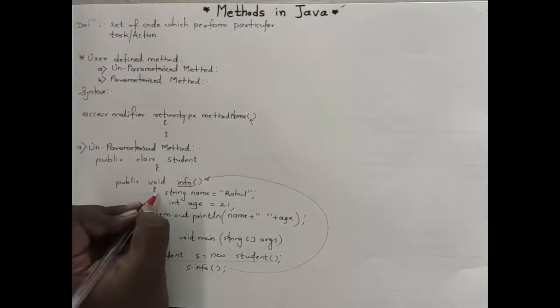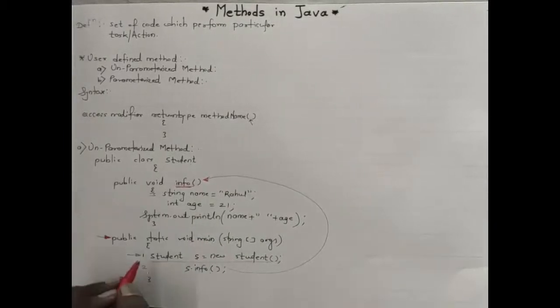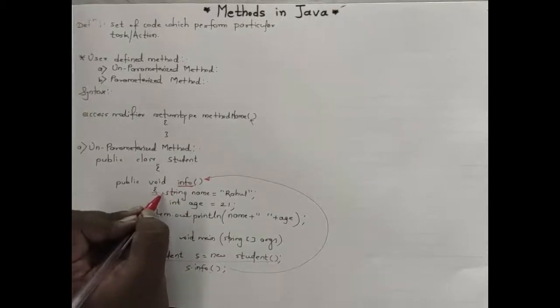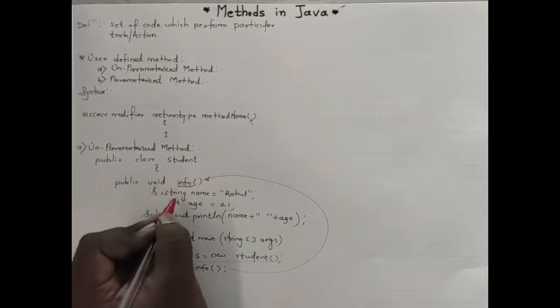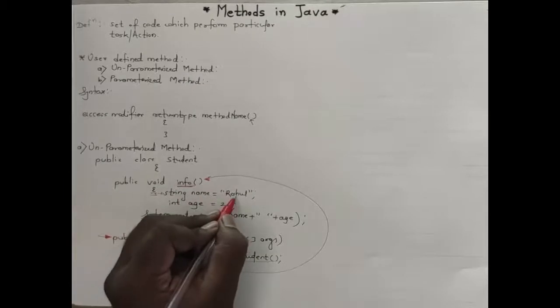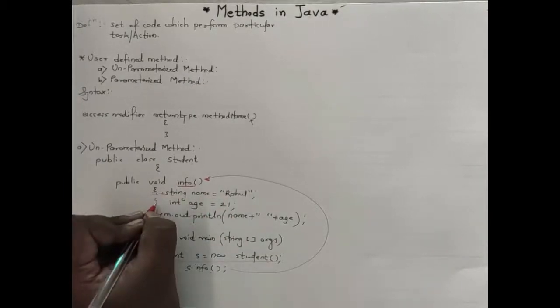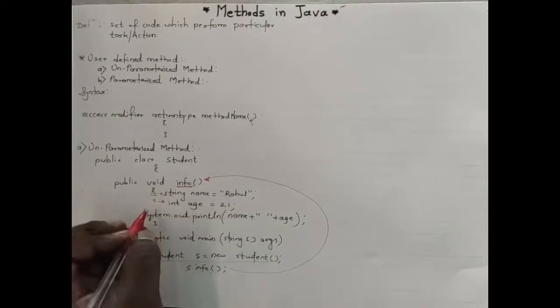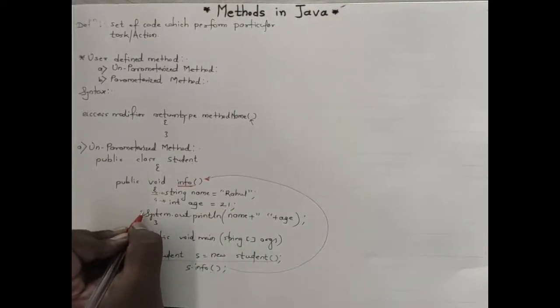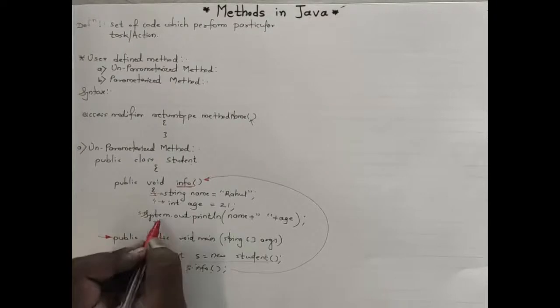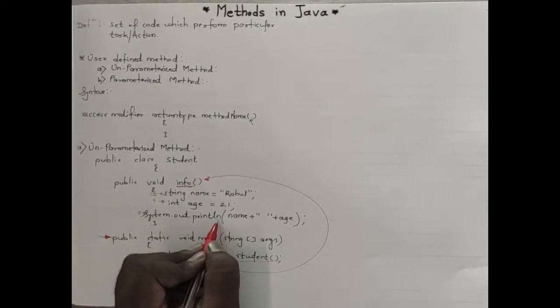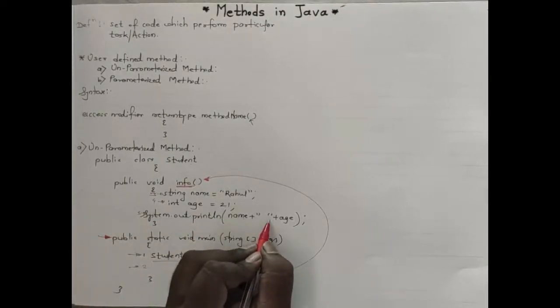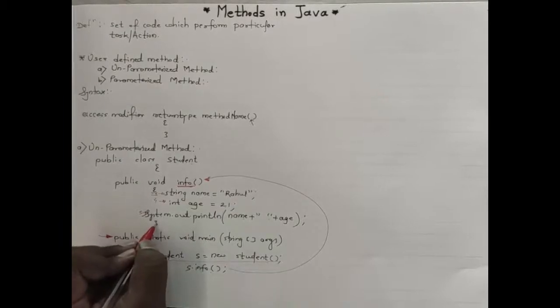Okay, here I have given numbers 1, 2, 3 for these lines. Then Java observes that string name is equal to Rahul is given here. Then Java focuses on the next line, int age is equal to 21. Then the fifth line, Java observes that we are giving a printing statement. Java prints that value inside the console and then the method body is closed.